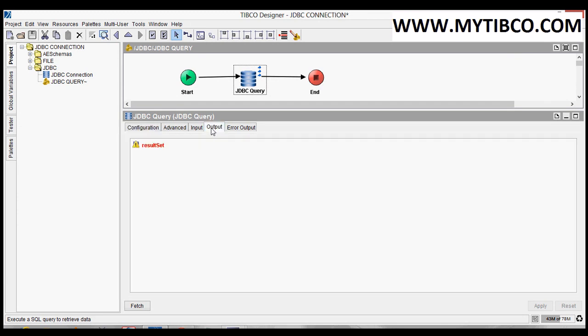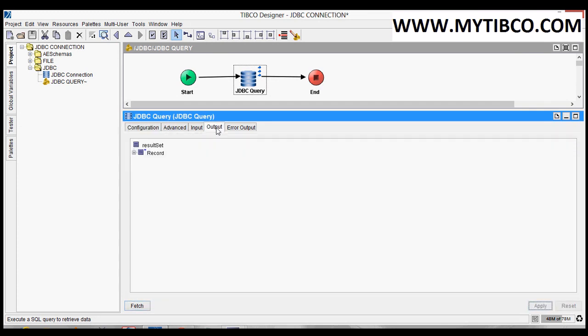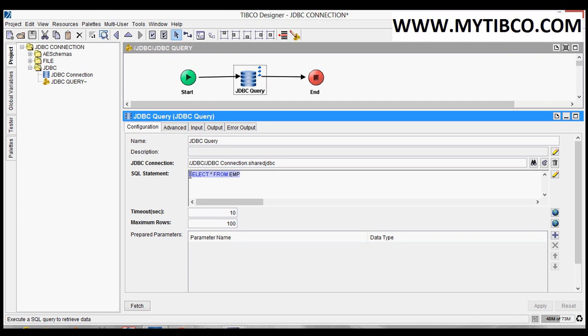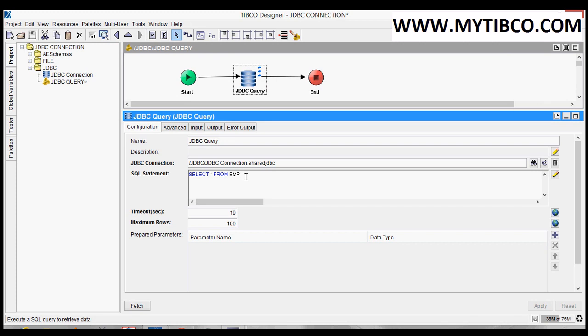Now observe the output. It is saying null result set. Click on fetch. Click on apply. Now see the output. The output is changed according to the query, so the values and parameters here we can map to the next activities. The output will change if we change the query, but we have to click on the fetch button, otherwise the previous values will remain and it will create a lot of confusion during the execution of the project.